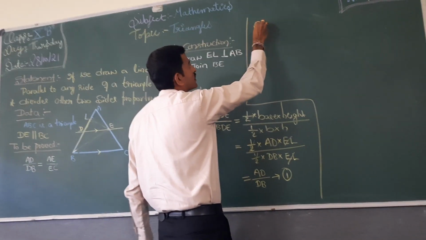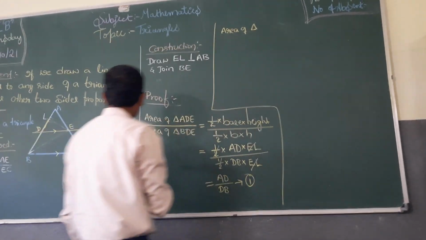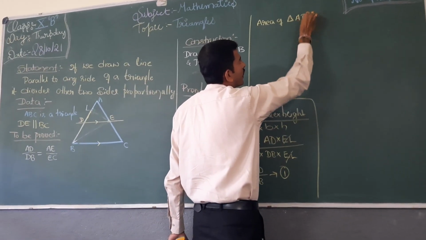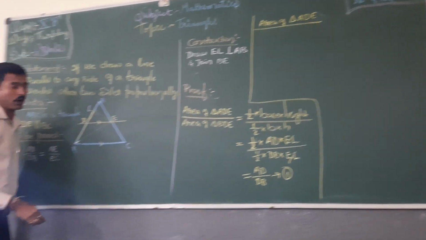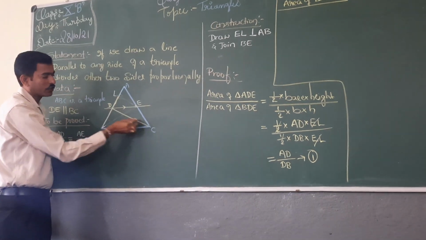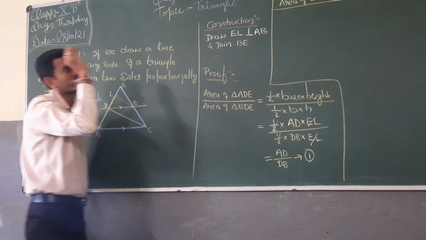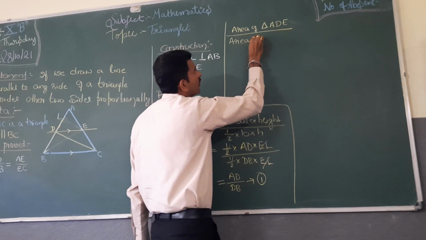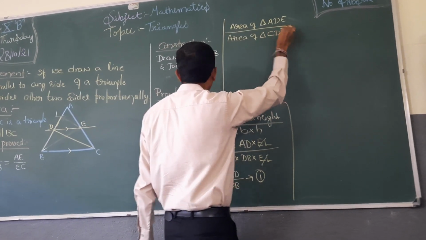Sir, now you take the second case, the area of triangle ADE, the same triangle, as the numerator, divided by. Sir, here I require one new triangle, so you join CD. If I join CD, I will get one new triangle. You take the area of, what is the new triangle? BC. Area of triangle CDE. Correct?